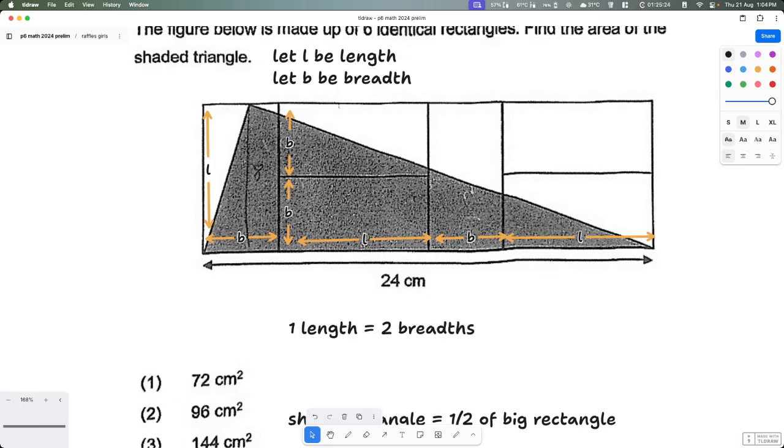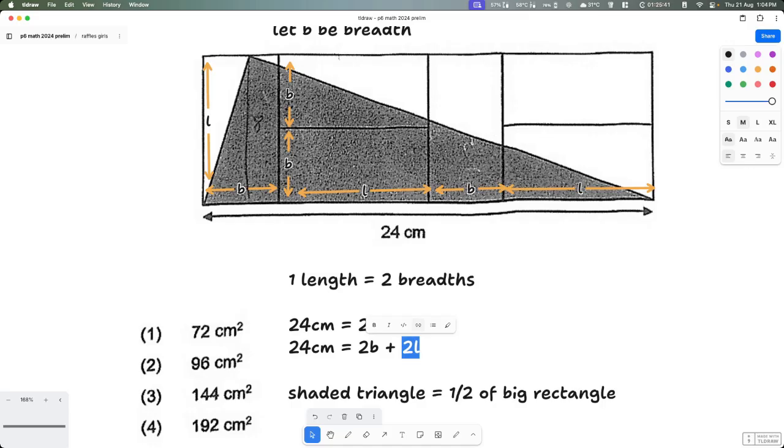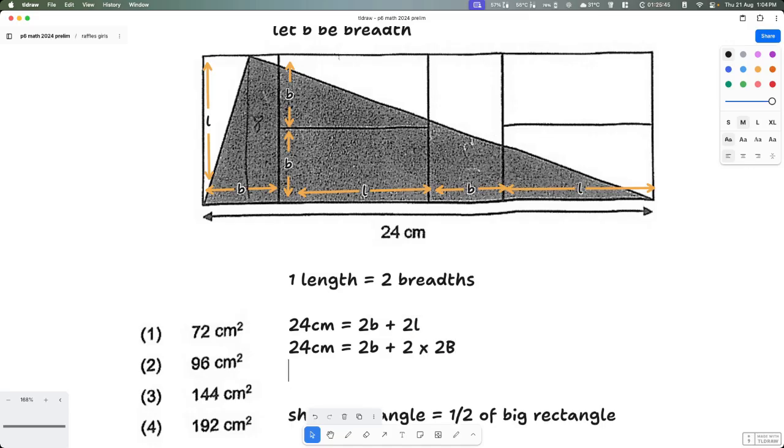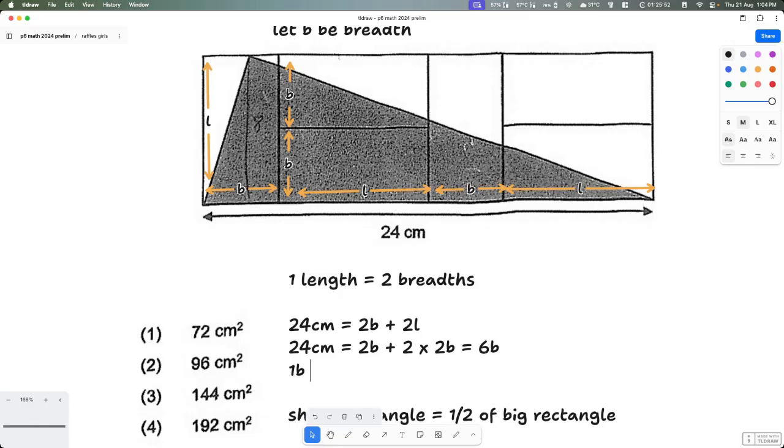So that means the 24 centimeters is equal to 2B plus 2L, length and breadth. One length is 2 breadths, so 24 cm is equal to 2B plus 2 times 2B, which is equal to 6B. So 1B is equal to 24 divided by 6,